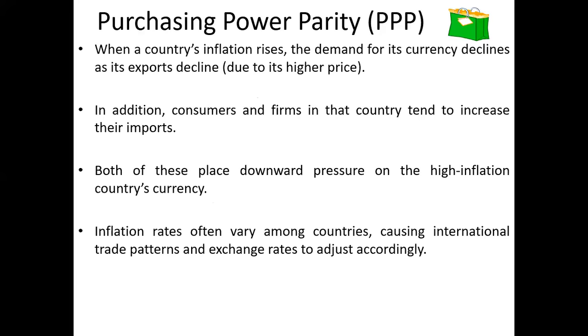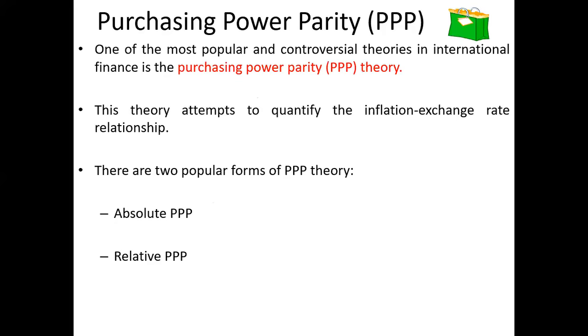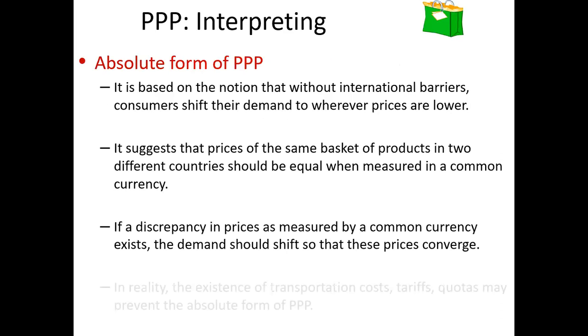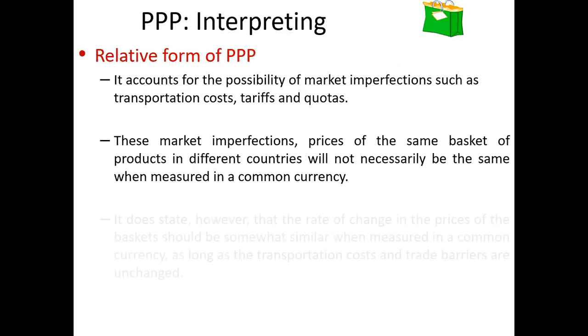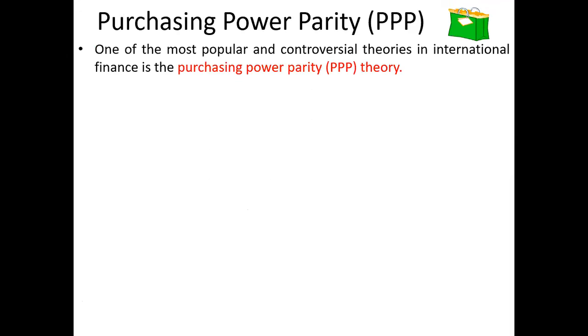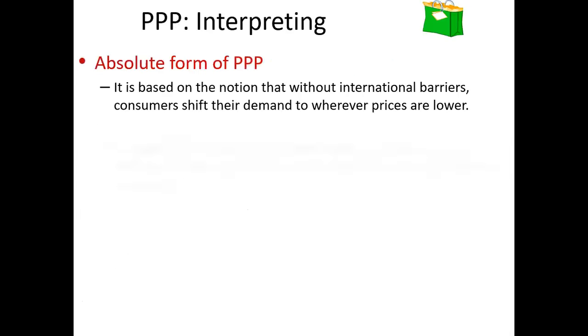The issue of purchasing power parity is based on the law of one price. When we say there's purchasing power parity, what it means is that if you buy something in the US and if you buy something in Ghana, with the current exchange rate, the prices must be the same. But of course, this discussion is just an introduction to international finance. I would not like to worry you with the various forms of purchasing power parity. So just know that purchasing power parity says that